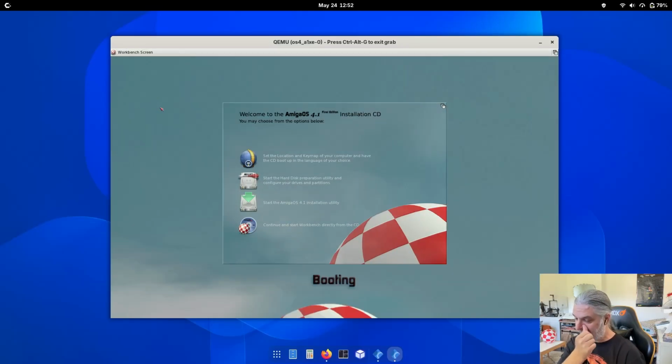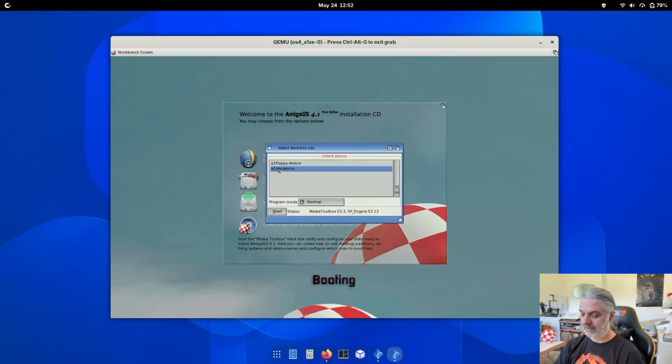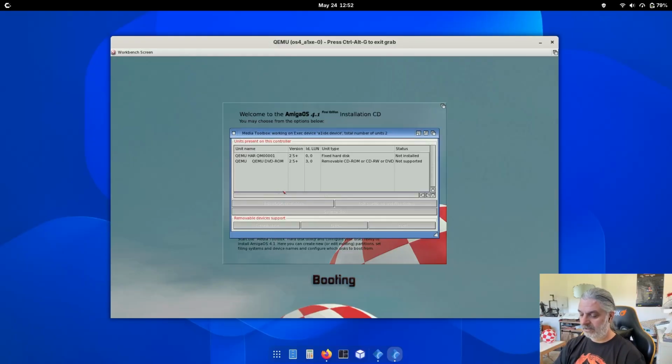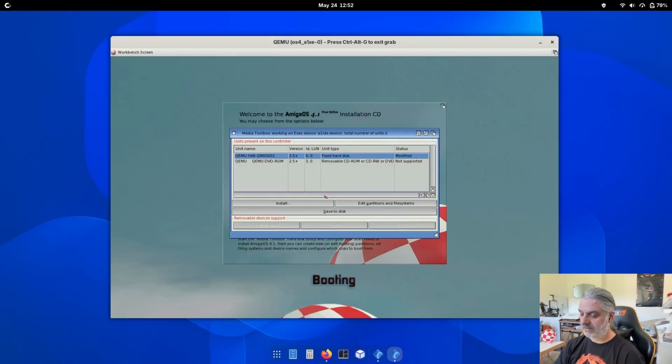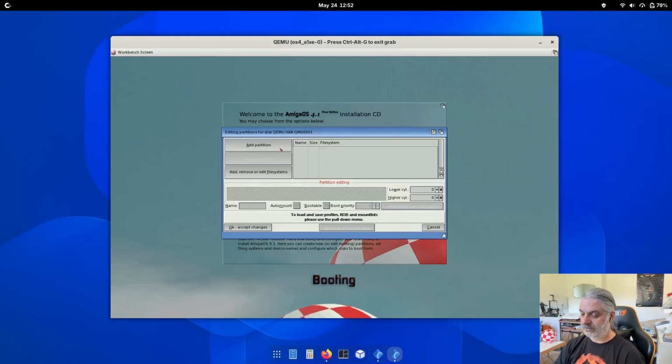And first of all, we have to set up the hard disk. So start the hard disk preparation utility, select the Amiga 1 IDE. That's the case when you have the Amiga 1 emulated system. If you have another system, you might see a different device here. So from here, you can select the hard disk, read configuration, and install the SLD version 2. Okay, accept changes, and then edit partition, add partition,